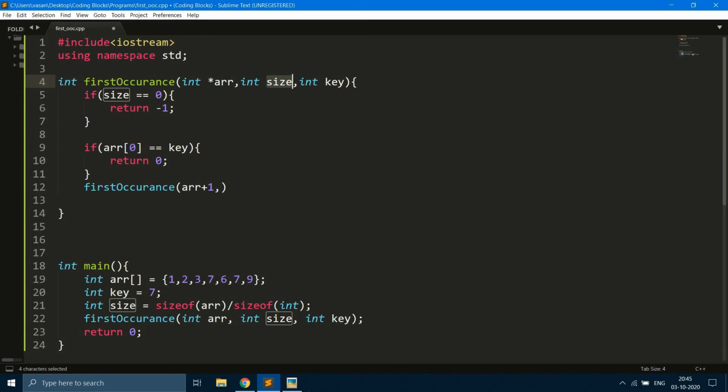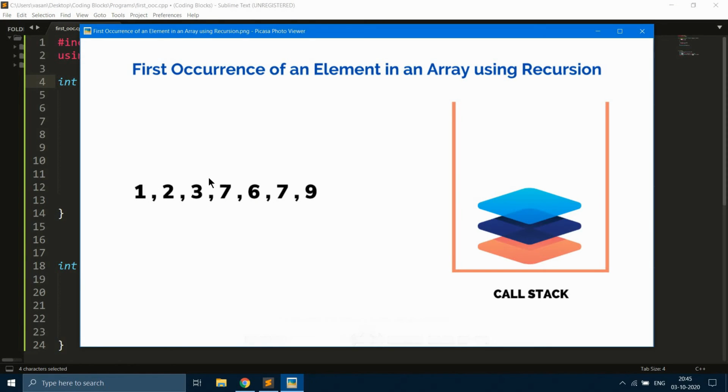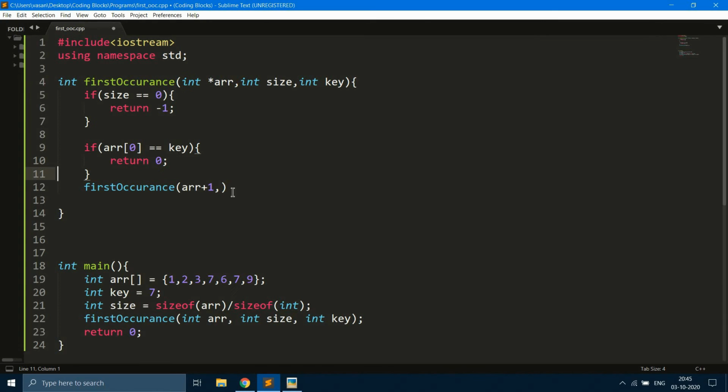Since we are shifting to the right side of the array, automatically the size decreases by one element. So we are going to decrease the size of the array by 1, and we are going to pass the key as it is. When making this function call, we may get -1 or 0. So we are getting some value, and I am going to store it in the res variable.